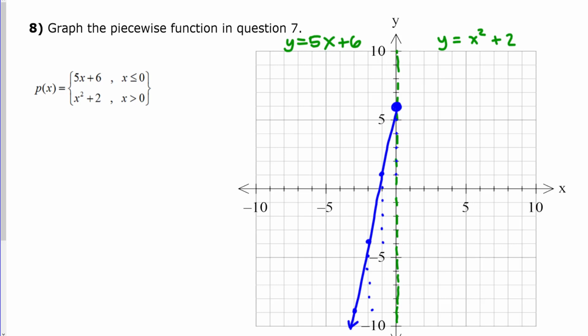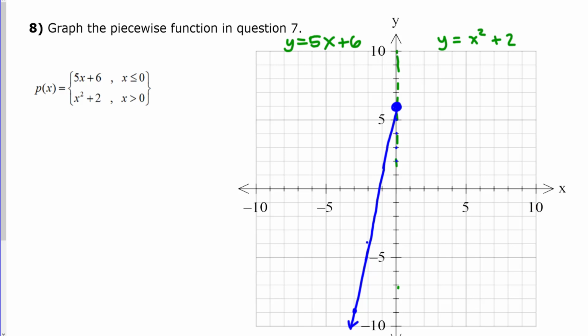Okay. I'm going to get rid of these dots. Oh boy, I just got rid of the whole line basically. All right. There, that's fine. Okay, now the next thing that I'm going to do is graph the other equation, which is